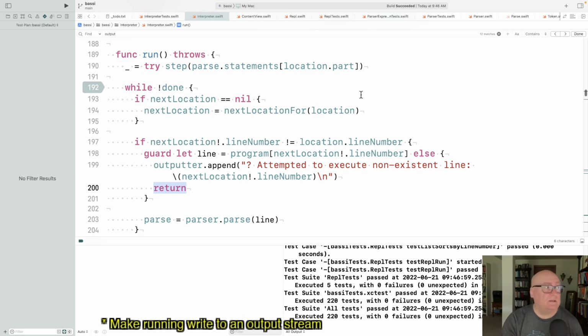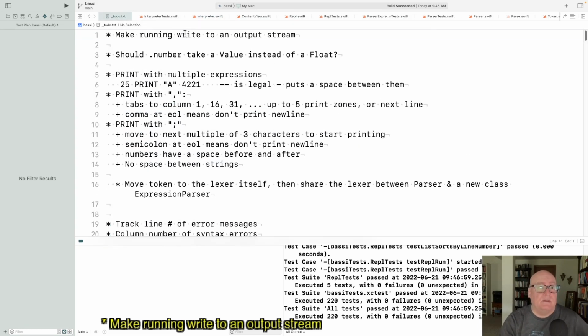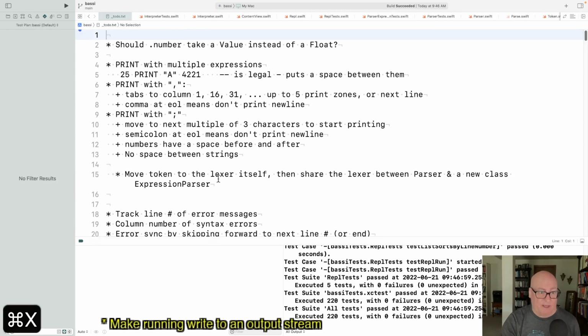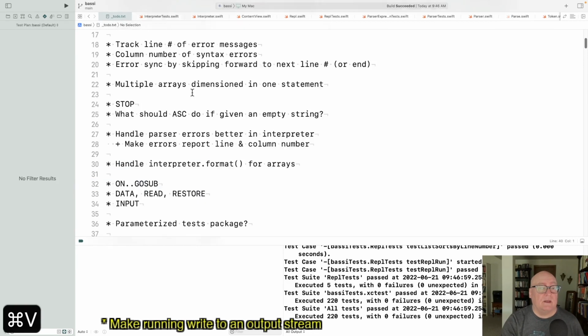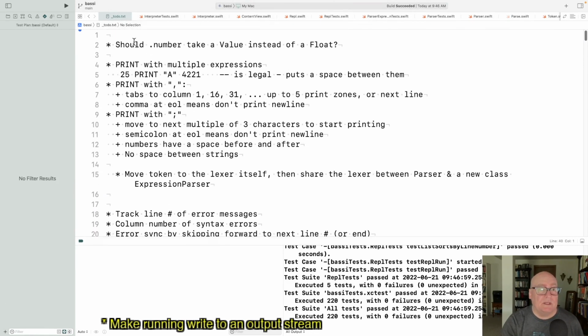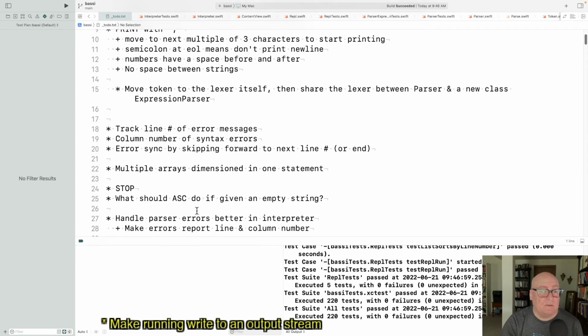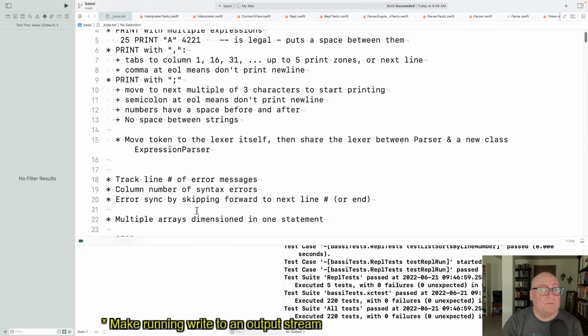All right. Well, it's as good a time as any for a break. So let's catch what we did. Make running write to an output stream. Okay, that's the big deal for the day. Good. Should number take a value instead of a float? That's a good refactoring question we had, so we'll come back and tackle that. The real thing I want to do today, though,